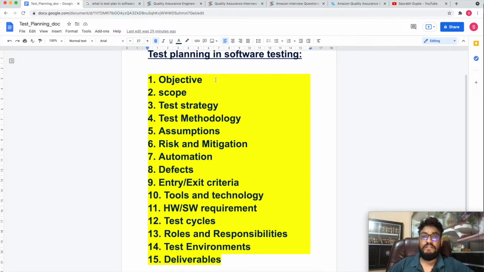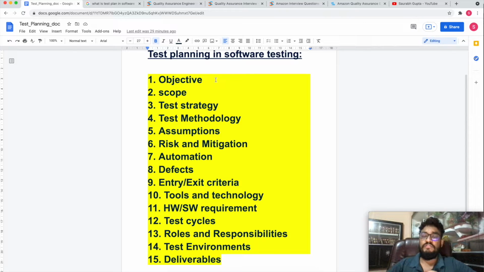The next point, the eighth point, is defects. Defects are very important, because while you are doing testing, of course defects will occur. In this section you have to tell the interviewer what kind of defect management tool you are going to use.